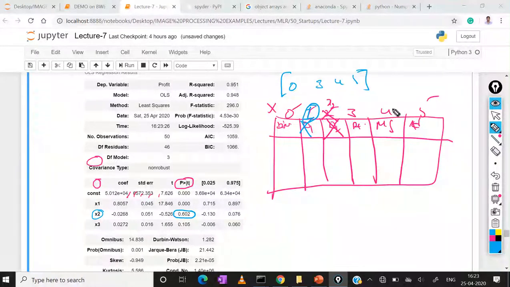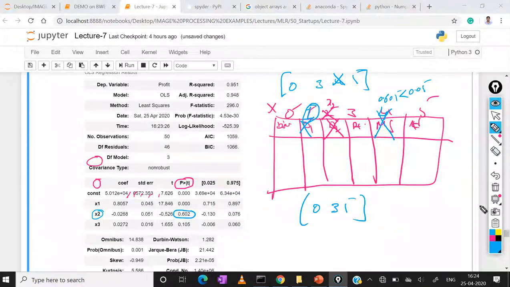Here also I drop the fourth column, number 4, because its p value is 0.605, which is more than the significance value 0.05. That's why I have to drop this feature. So now I drop the fourth one, and the remaining are 0, 3, 5.